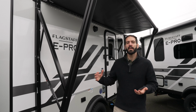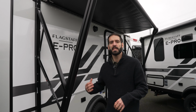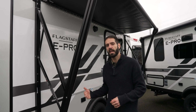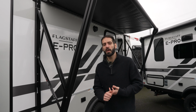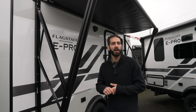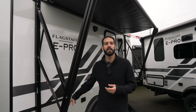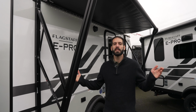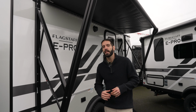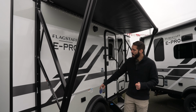Now, with the EPRO line, there comes a lot of different amenities packed on board. In this 17-foot 5-inch package from tip to tail, you do have your standard 200-watt solar panel, an inverter on board so you can run your coffee pot off-grid. You've got larger off-grid or knobby tires to get you over some of those rugged roads. It's going to be a 7-foot wide box, and you also have your awning, your quick connect propane, outdoor grill set,